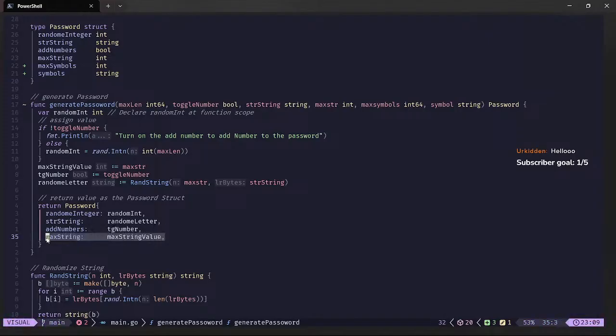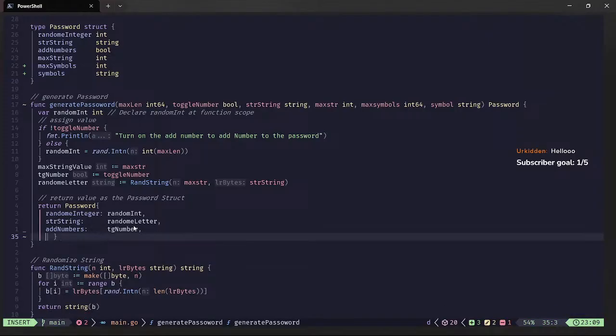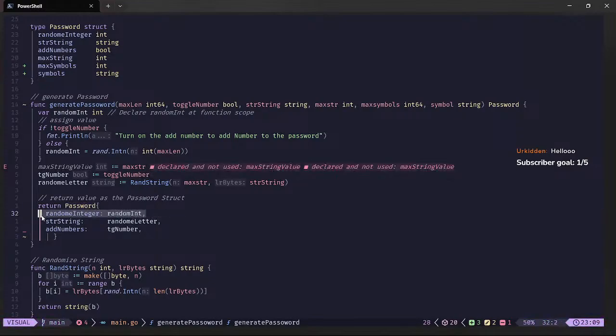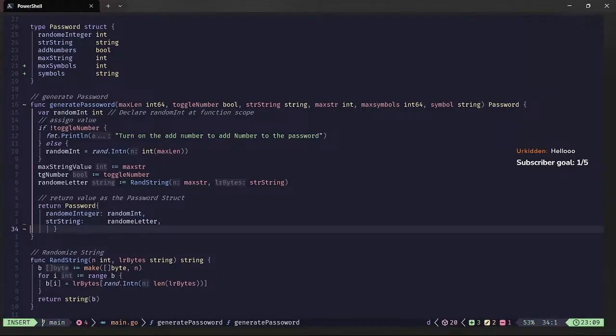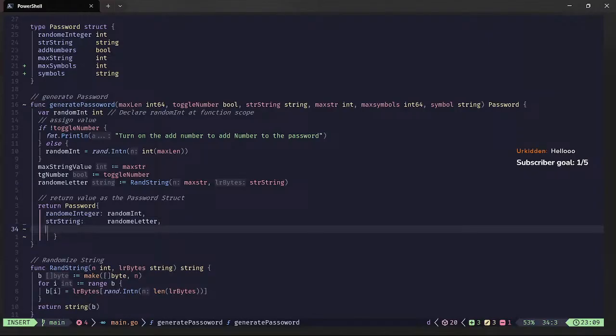I don't need to return the max string though. And the random integer, random int, and this one. So what I'm gonna do here, I'm gonna just add the symbols, a symbol,